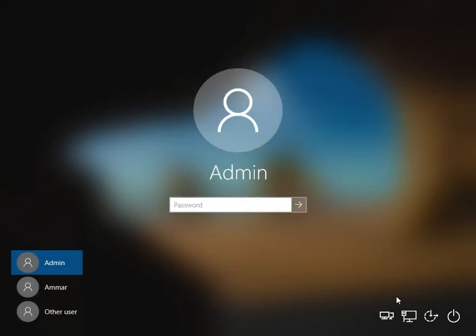Now I need to mention that in this option you have to have internet or Wi-Fi connected. So you click this icon here. I'm connected by wire now. If you're on a laptop, it will show you the Wi-Fi networks at your home. You click the one that you have the password for, put the password, and once you're connected you use this method. Also in this method I need to mention that whatever your system administrator set up to run, policies, mapping drives, things like that will work properly.